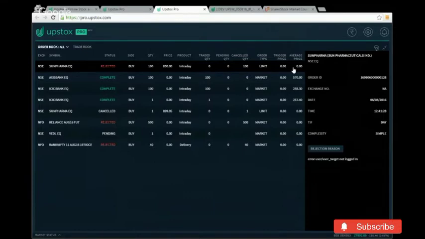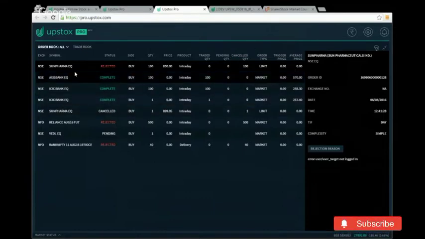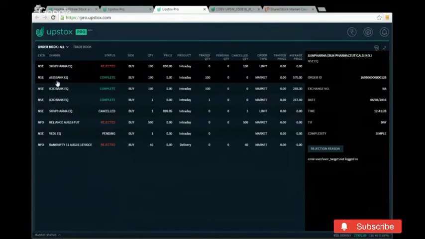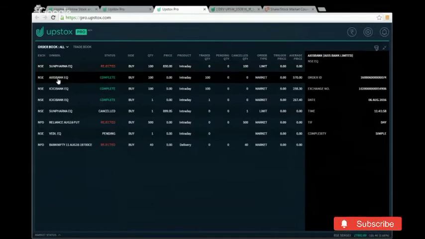So I was able to see up till this. Now I'm able to see these particular columns also. So this is my rejected order. In my rejected order, it is showing me that 100 quantity has been cancelled. There is nothing in pending and there is nothing traded. And here I have something called Axis Bank. I had placed it previously and it is complete. I had placed an order for 100 quantities of Axis Bank and it is showing me under traded quantity